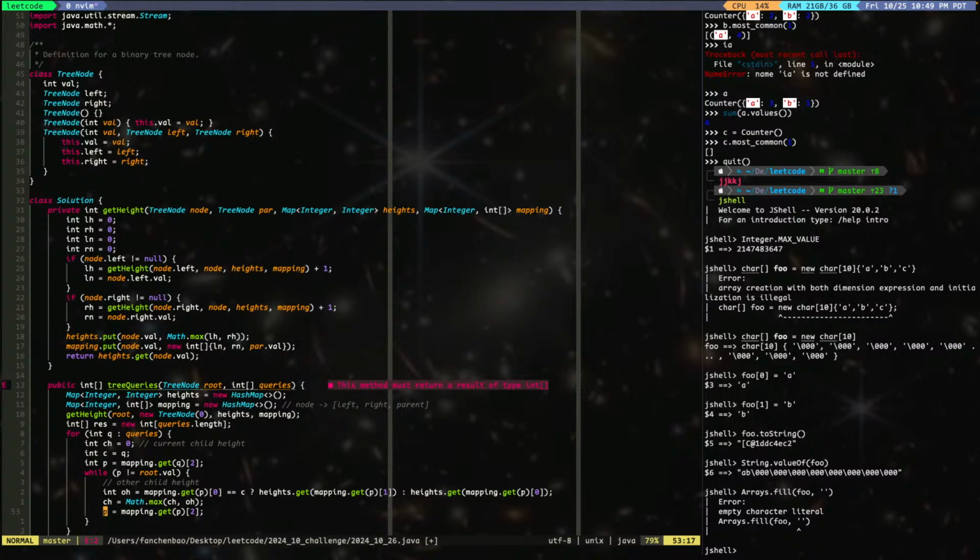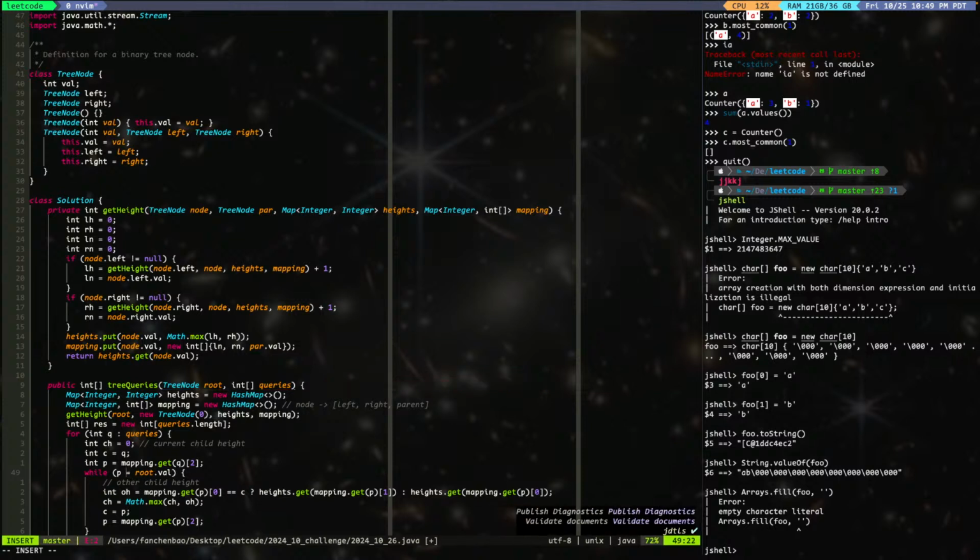Every time we go back up, we have to update C. So P is equal to... Oh, okay. Hold on. So C is equal to P. Right. So the next child is P, and the next parent is P's parent. And now we go into the last one when P is equal to root. And we actually should get P equal to root, right? Because if we jump out when P is not equal, when P is equal to root,